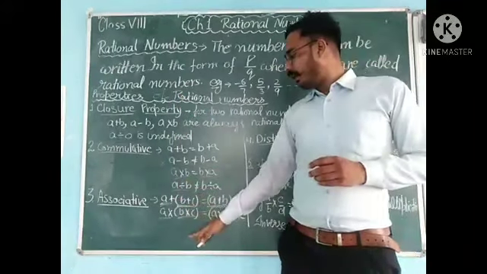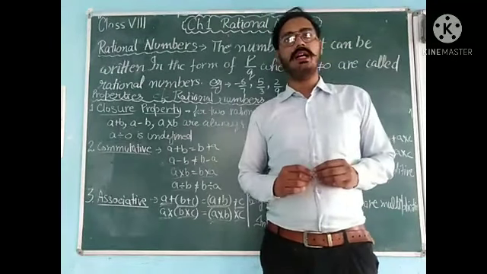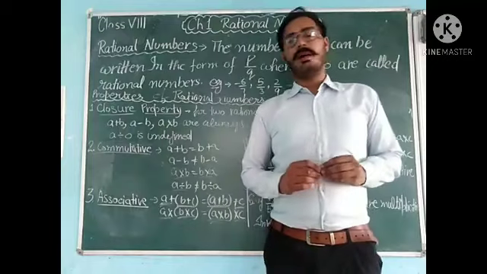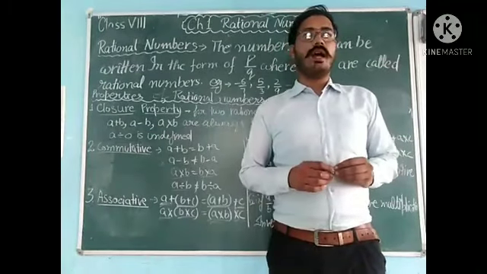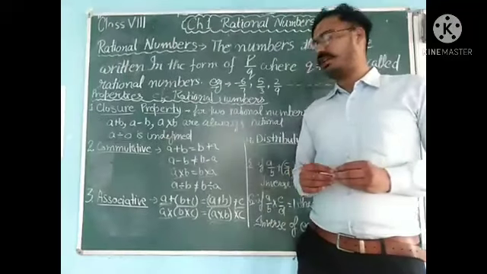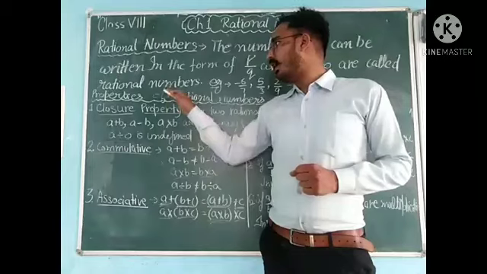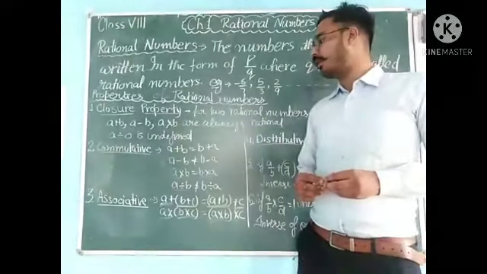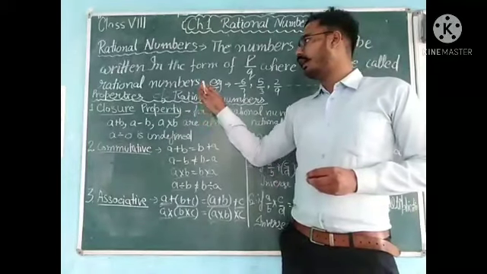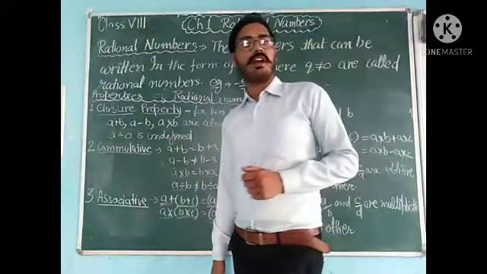We have left out two operators here, that is subtraction and division. Why did we leave them out? Why are we left here with division and subtraction? Because in the case of division and subtraction, rational numbers are not associative, or the associative property doesn't hold in the case of rational numbers for division and subtraction.